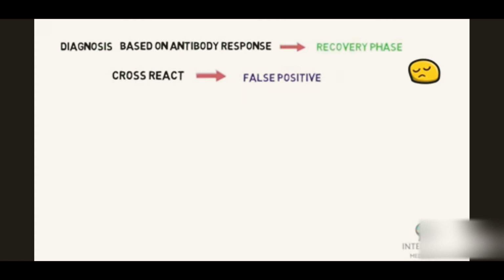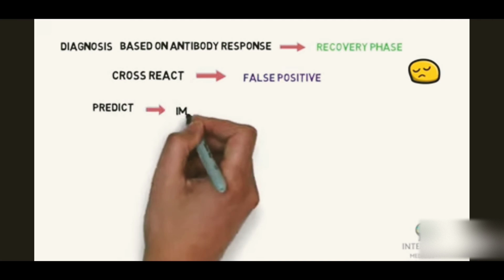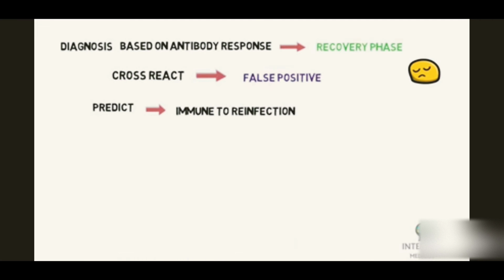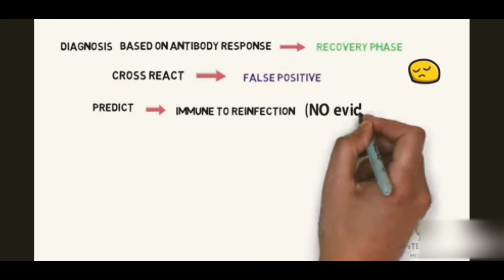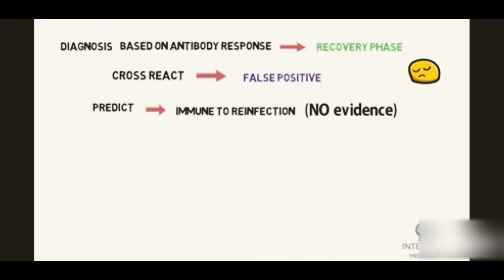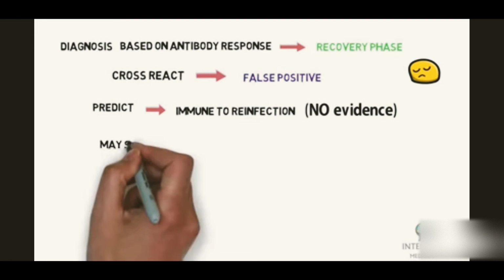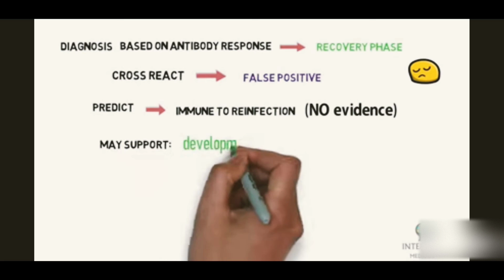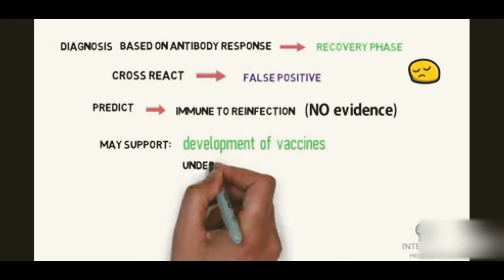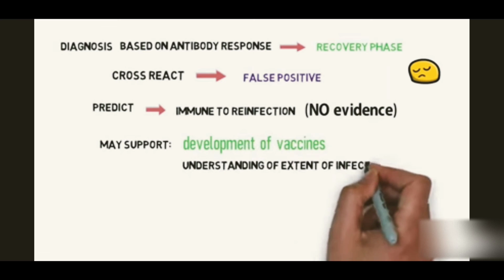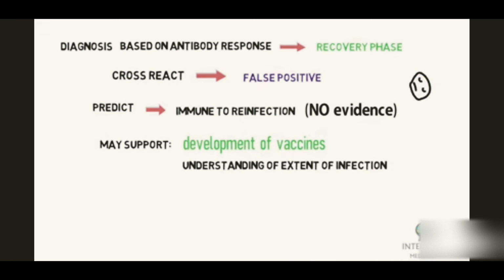Lastly, there has been discussion about whether rapid diagnostic tests detecting antibodies could predict whether an individual was immune to infection with the COVID-19 virus or not. There is no evidence to date to support this. Tests to detect antibody response to COVID-19 in the population will be critical to support the development of vaccines and to add to our understanding of the extent of infection among people who are not identified through active case finding